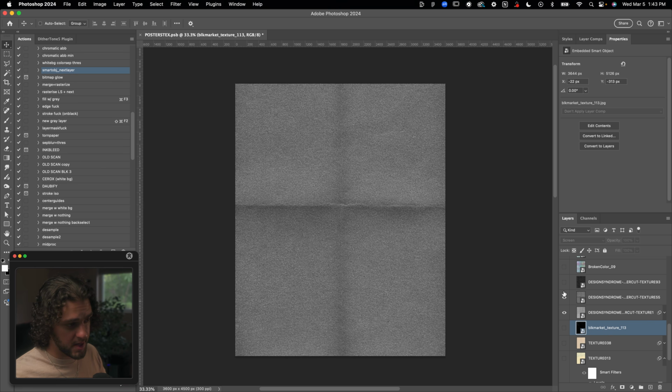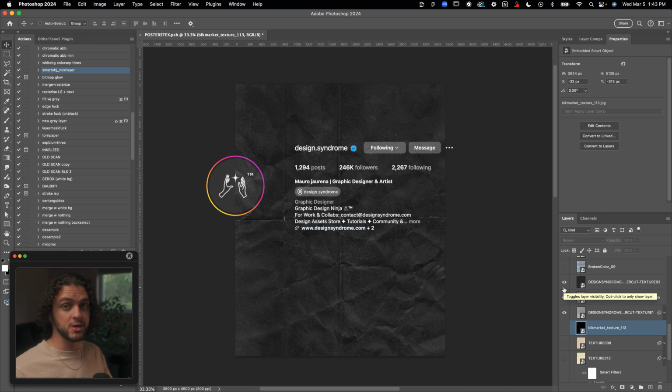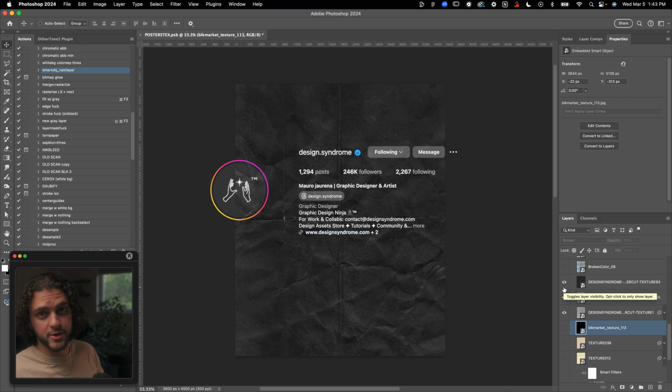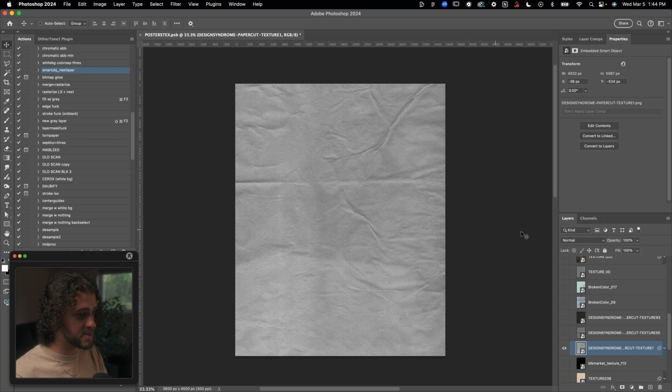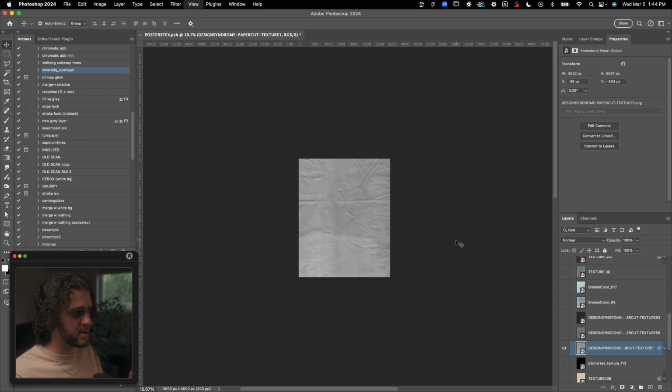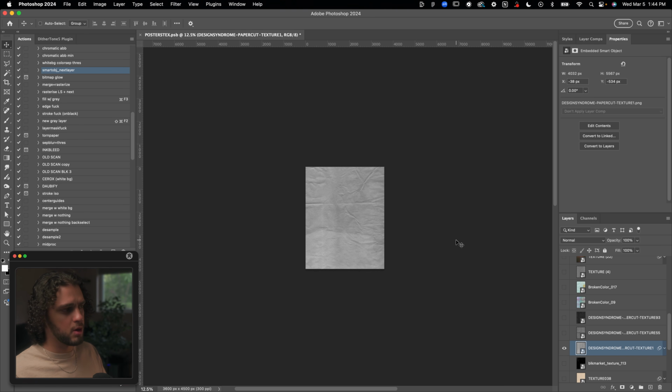Next up, we have a few textures from Design Syndrome, which is a great channel over here on YouTube and on Instagram. Great guy, go follow him, makes great stuff. This first texture here is a halftone texture, and you notice it's mostly neutrally lit. It's got these little pattern details and folds within it, but from a distance, it's mostly neutrally lit,